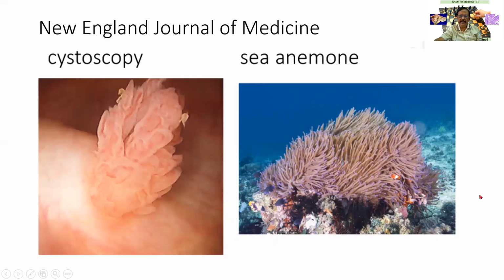So this is the resemblance I meant, and the source for this particular picture of tumor is the New England Journal of Medicine. This is a sea anemone, a creature that you find at the bed of the sea, and it has got wonderful fine tentacles which will be swept aside by the water. Similarly, here also I am finding fine tentacles or processes which are again washed by a sea of urine. That is why there is a comparison.